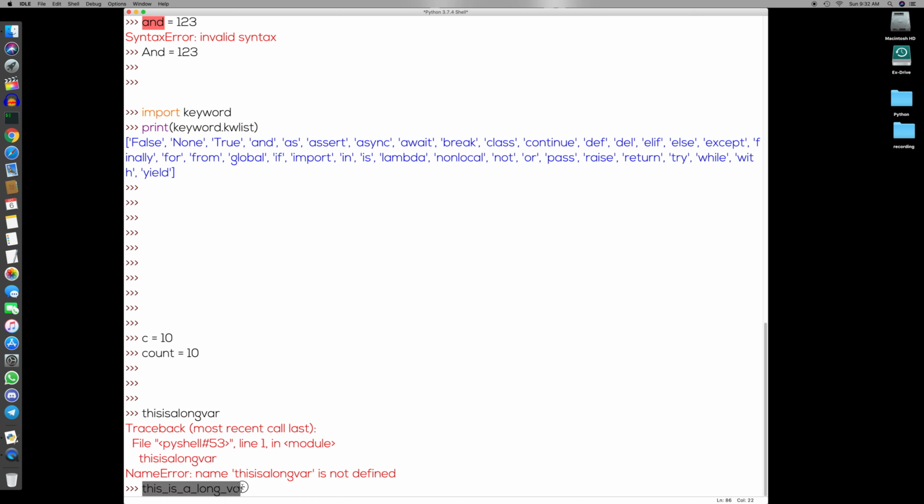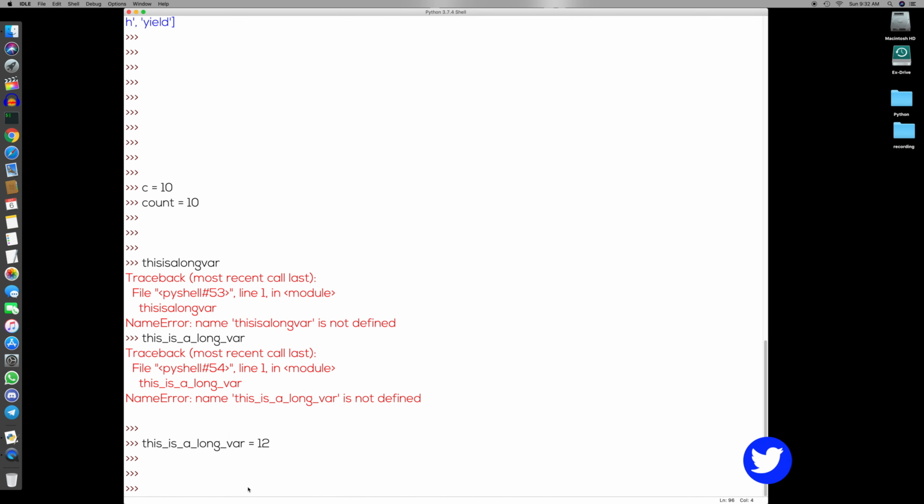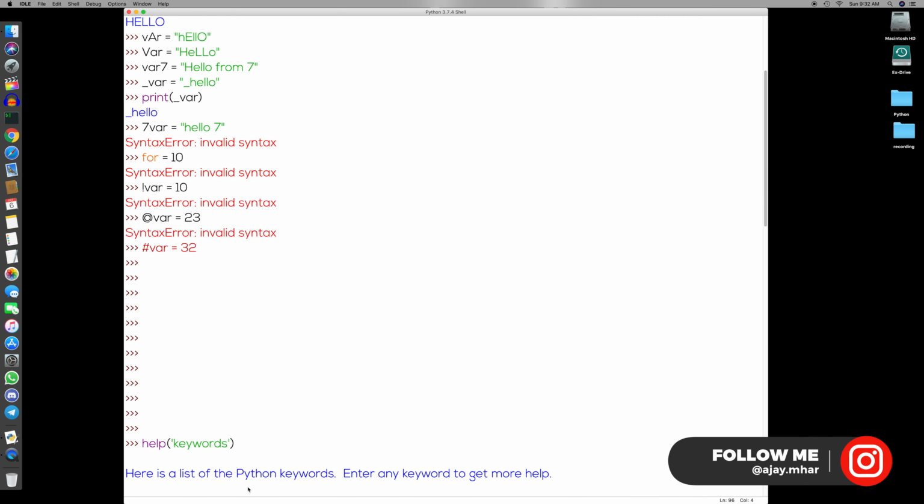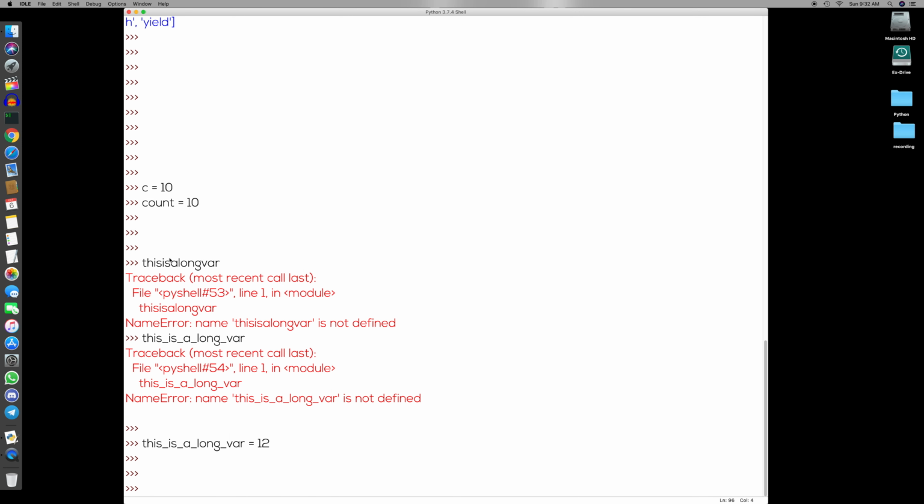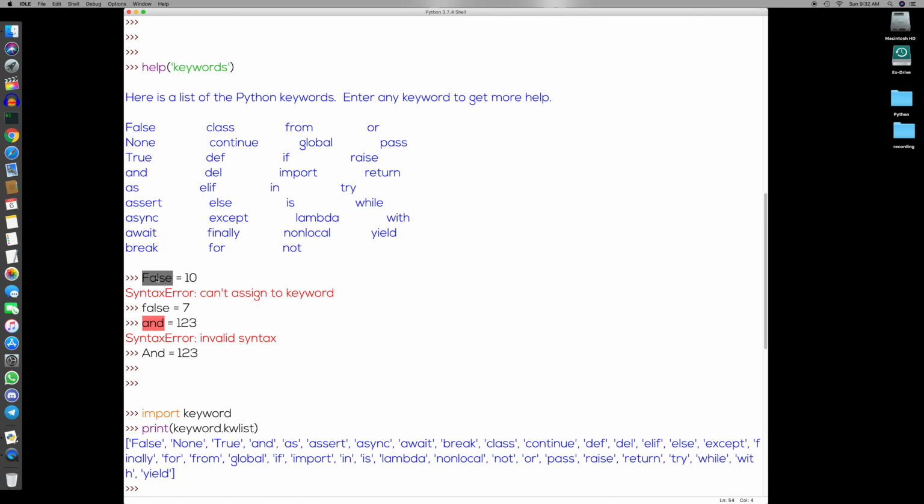Another tip would be, there are only 3 keywords which start with capital letters. Other than that, all the keywords start with lowercase. Why is this important? Because sometimes we forget whether the keyword we are using starts with a capital letter or a small letter. As I already said, Python is case sensitive. So Python has a keyword called False, and you don't remember whether that keyword starts with a capital letter or small letter. If you are using false in a small letter, that is treated differently. I mean, this False and this false have different meanings, right? So this is a keyword, this is a simple name, always remember this.